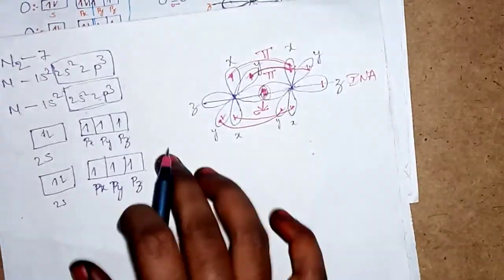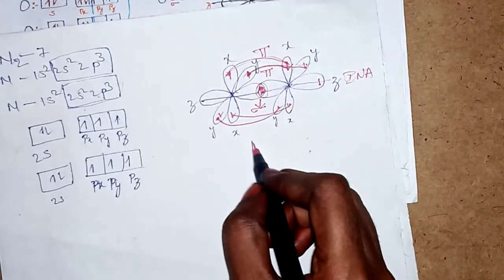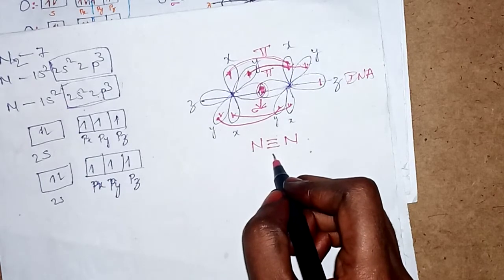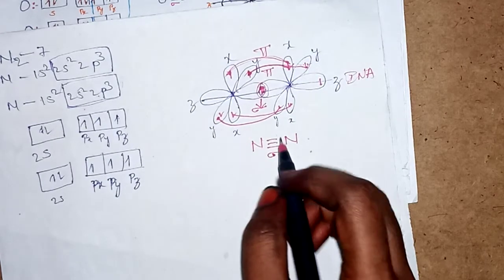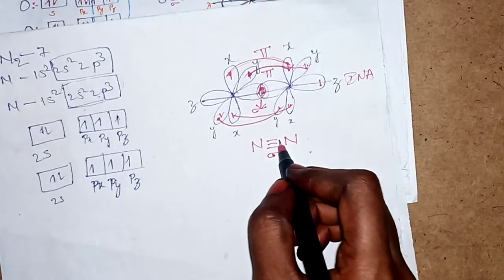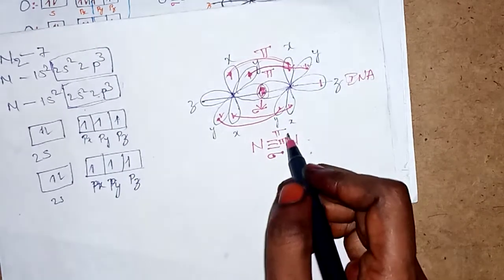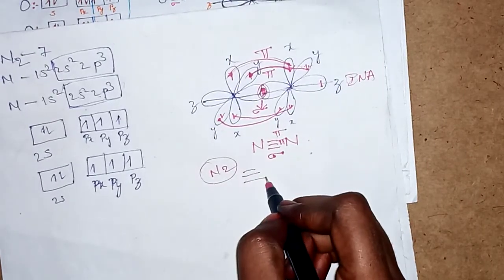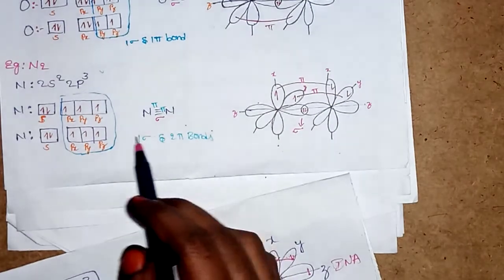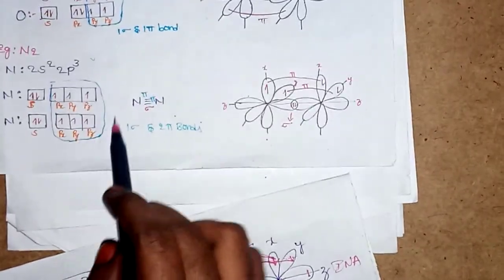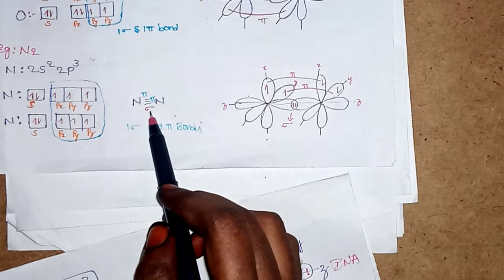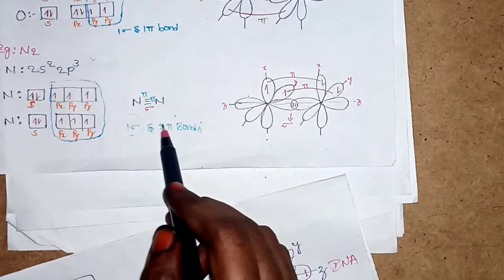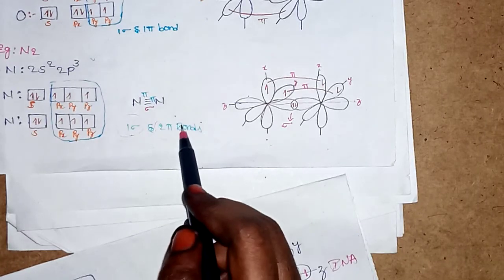So what does nitrogen bonding mean? That is 3 bonds. First we give the priority to the sigma bond, and next to the pi bond, this is a pi bond. Okay, in our nitrogen molecule we get 3 bonds with this type of structure. So these are their structures. Okay, nitrogen: this is a sigma bond, this is a pi bond, this is a pi bond. Only one sigma bond and two pi bonds will form.